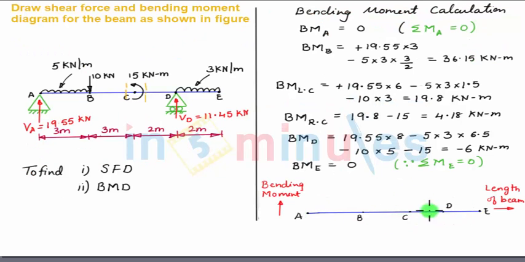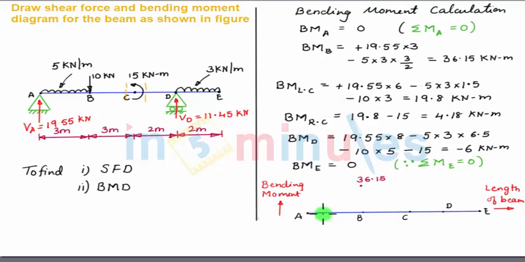Now in the figure we have shown the zero line of a bending moment diagram, which is nothing but the length of beam, and we have plotted the salient points at which your loads or couples are acting. On y-axis we have bending moment, so positive bending moment will be above this line and negative bending moment will be below the zero line, and on the x-axis we have length of beam. Now we see bending moment at A is equal to 0. Bending moment at B is equal to plus 36.15 kilonewton meter. So by taking suitable scale, let me plot positive plus 36.15 kilonewton meter bending moment above point B.